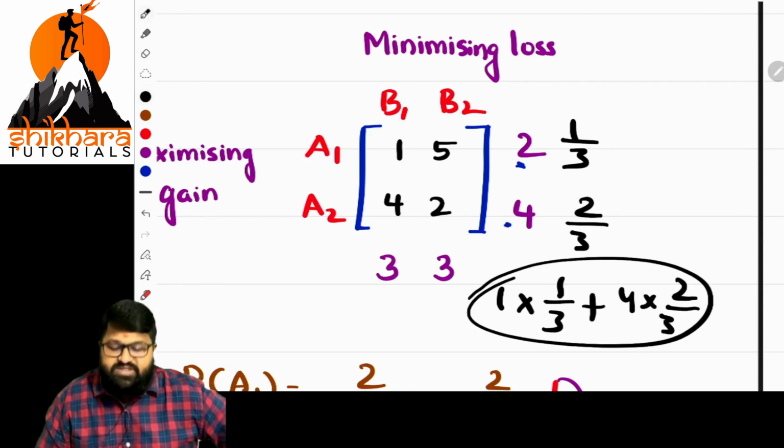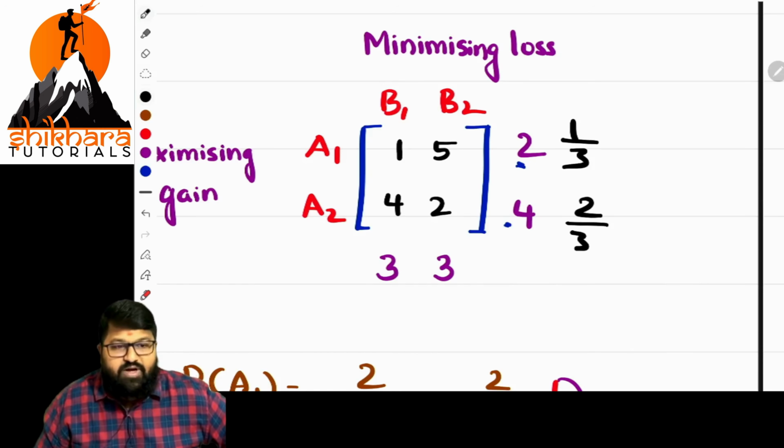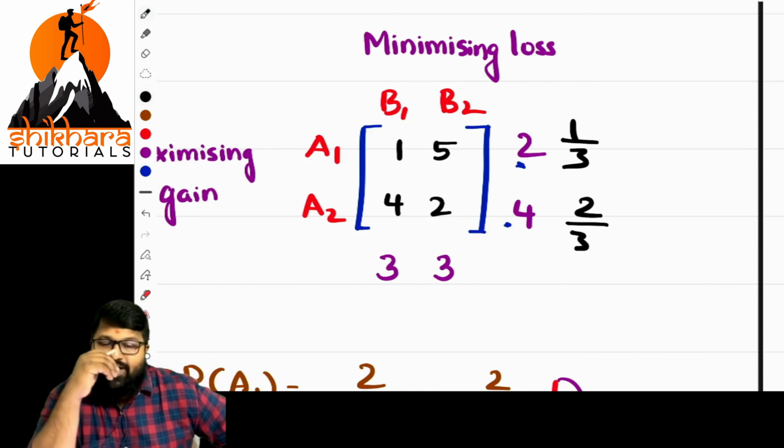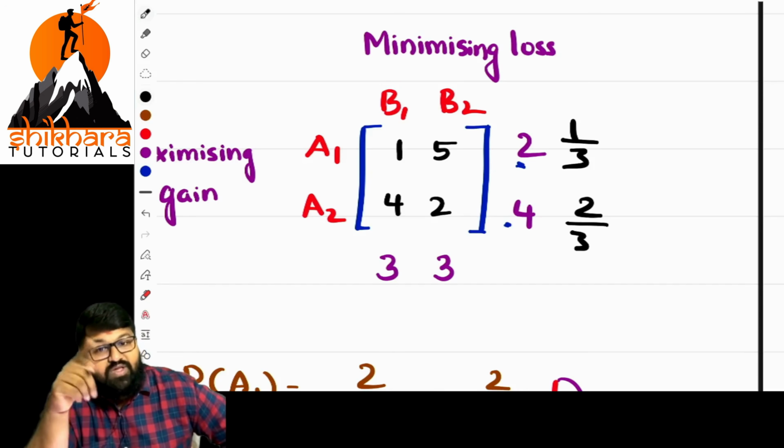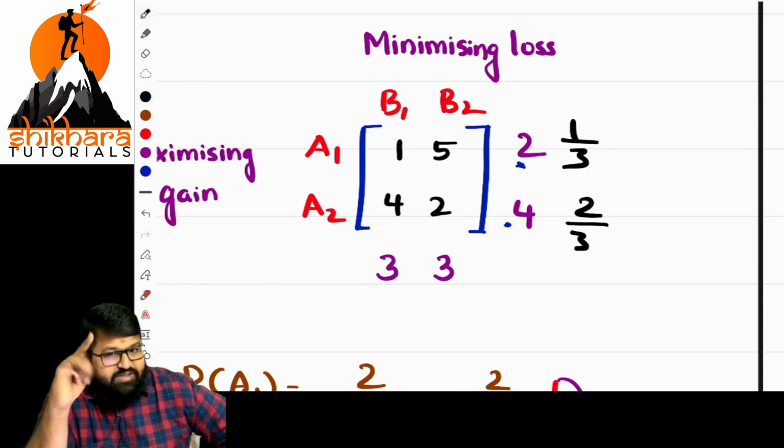In the case of odd strategy, what is the basic point? First we need to find the probabilities. And the most important thing is that when a problem is given, try to check the saddle point. If the saddle point is reached, fine. If the saddle point is not reached, then we apply mixed strategies. And the first strategy is the odds rule.